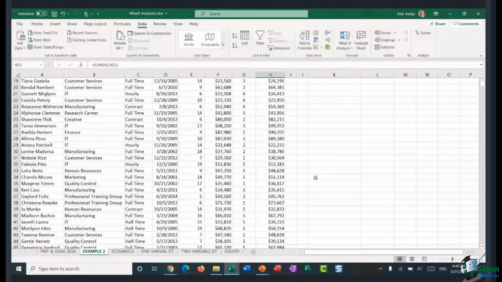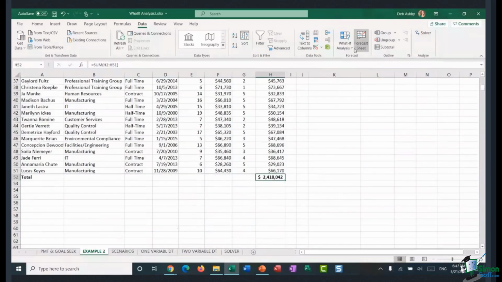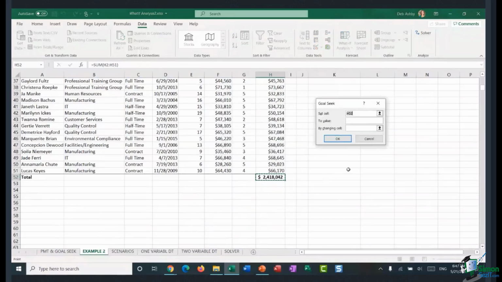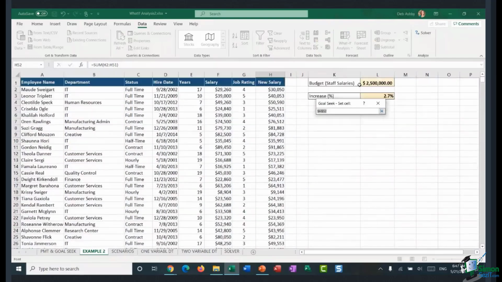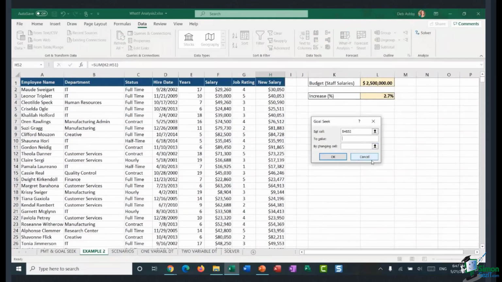So again, if we go down to this cell just here, I'm going to jump up to What-If Analysis, and I'm going to go to Goal Seek. And I'm going to say set cell H52 to value, and I can never remember how many zeros I need. Let's scroll up. And there we go. So I'm going to set it to 2500000. I always get that wrong, so I like to make sure what I'm doing is correct. So I want to set that cell to 2.5 million by changing this increase cell here, because this is going to feed through to these formulas.